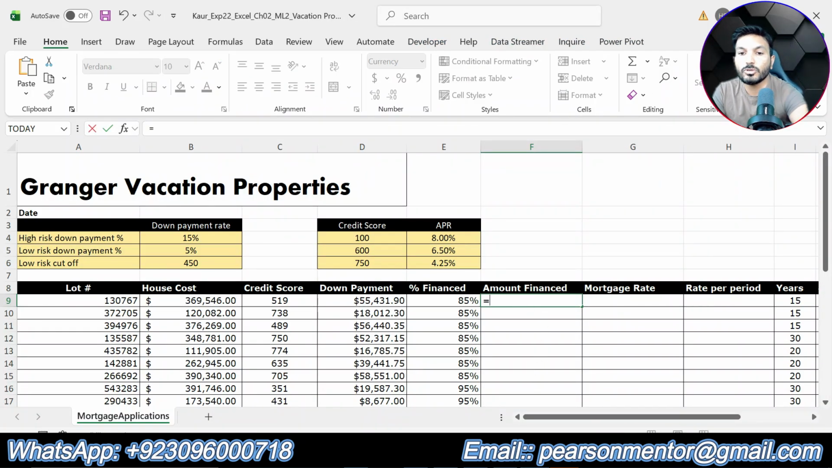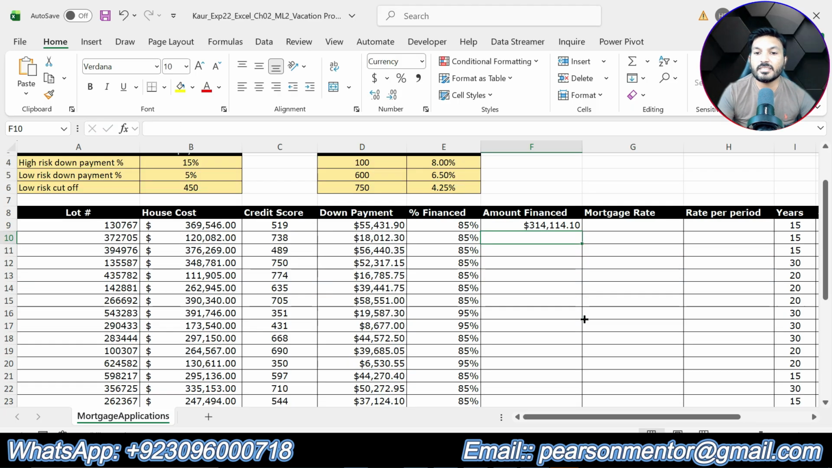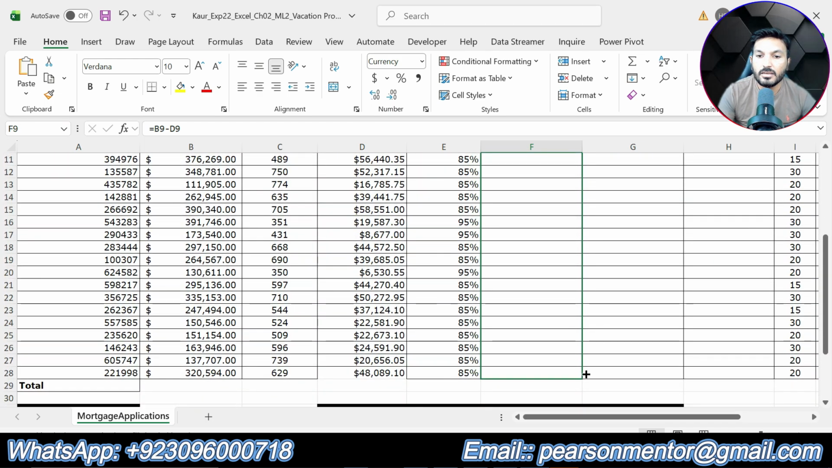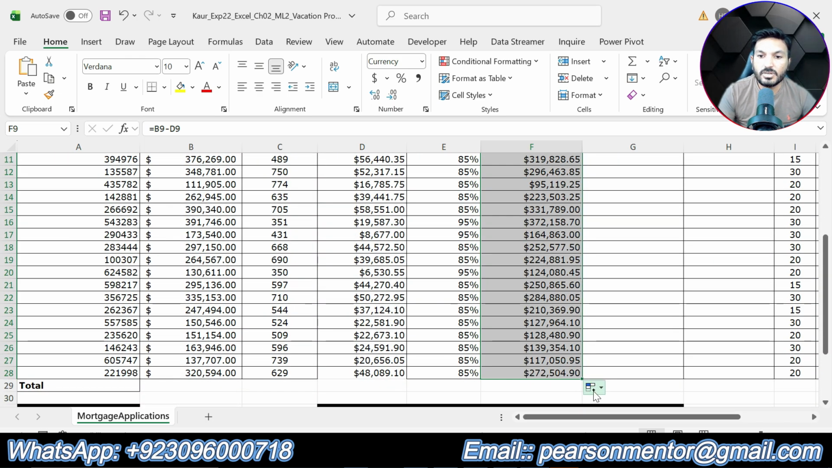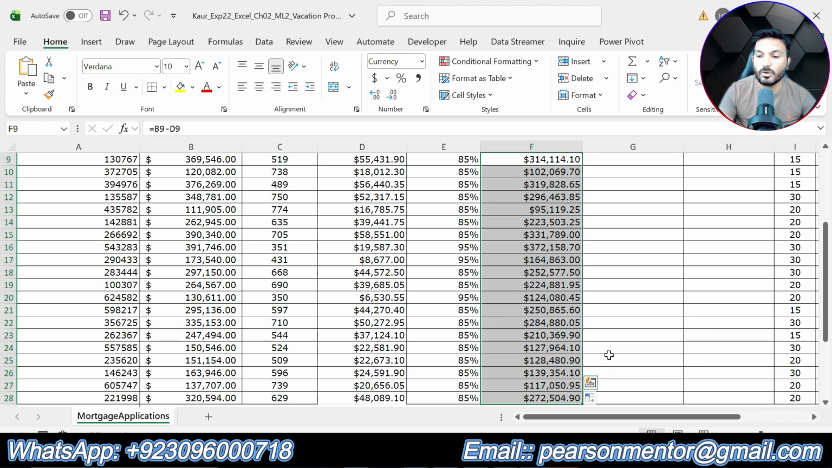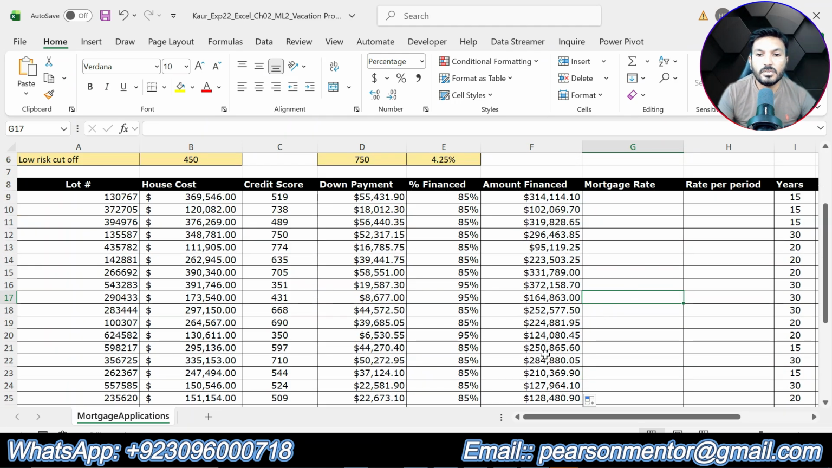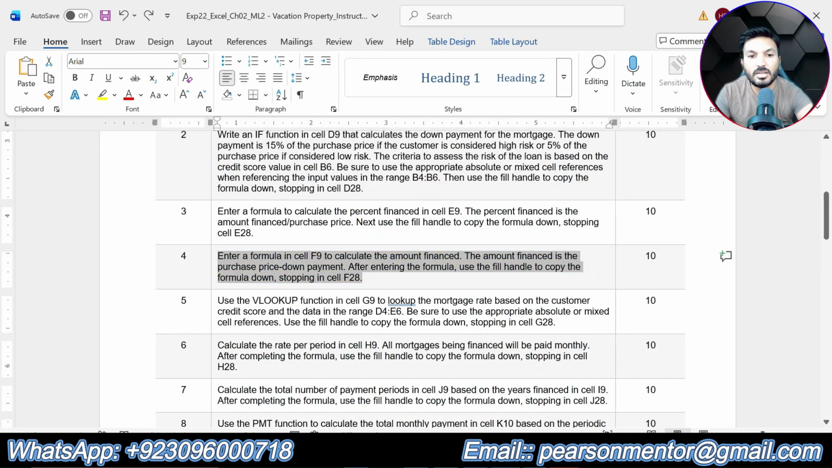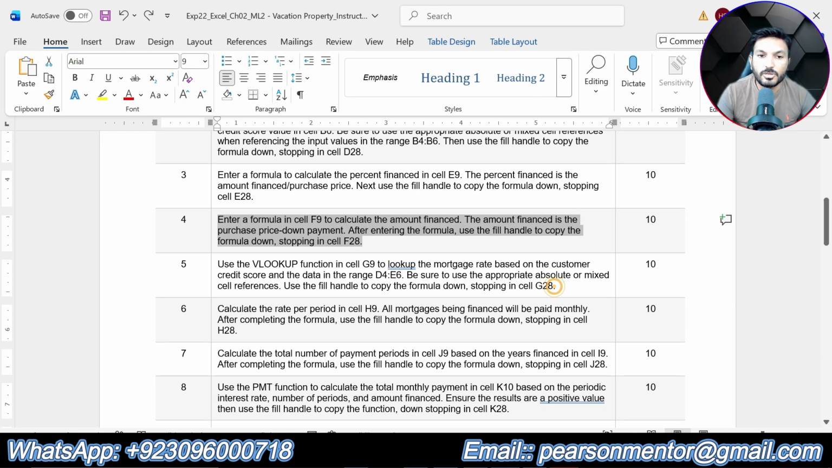So here we are supposed to calculate the amount financed, and amount financed is equal to purchase price minus down payment. Okay, so we will get the amount financed, and we are supposed to use the fill handle to drag it down up to cell F28, and from here select fill without formatting. Okay, so we have calculated the amount financed. So that is all about step number 4. So we are done with the fourth step. Now let me do step number